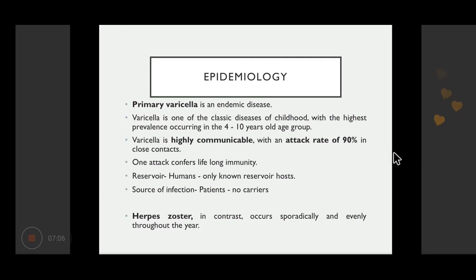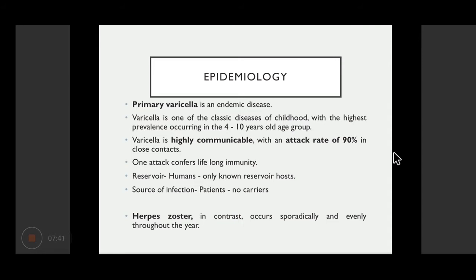Epidemiologically speaking, primary varicella or chickenpox is an endemic disease. It doesn't usually occur as epidemics. That means it is present in some number throughout the period, and it is one of the classic childhood diseases with very high prevalence in the 4 to 10 year old age group. It is highly communicable with a very high attack rate of 90%. That means if 100 people are exposed to a child suffering from the disease, up to 90% can develop the